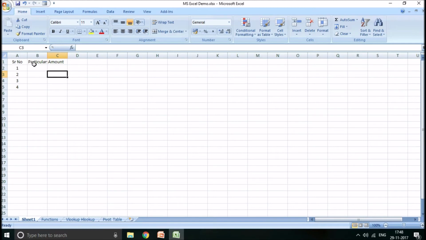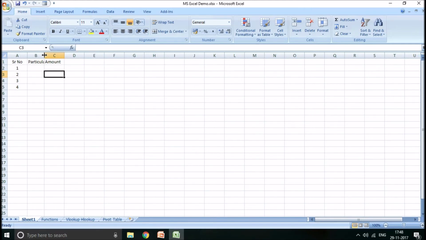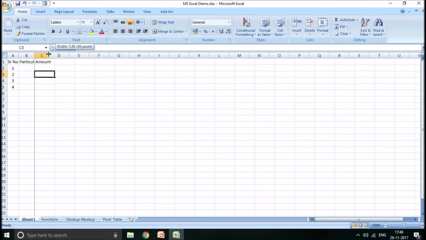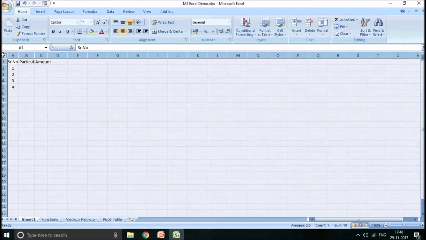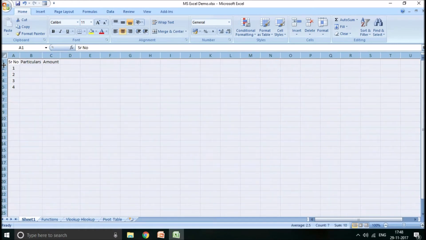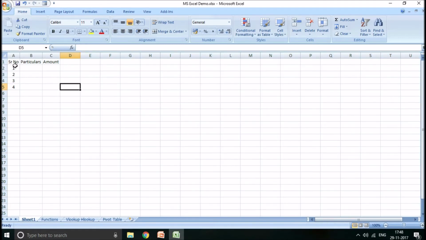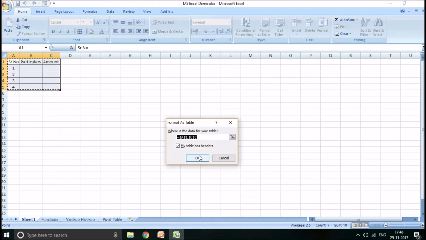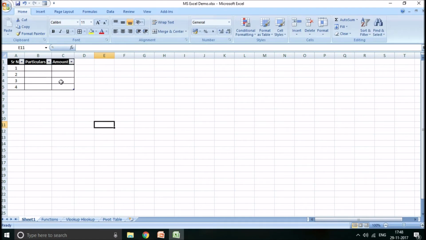Now see, if you look at particulars, it is not aligned properly. To align, you can just double click on the line right next to B and it will be sorted. If everything is not aligned, you can use a shortcut. If you click here, the entire sheet will be selected. Once you click on it, everything will be aligned. All right, so this is how you create a table. You can just select the entire table and draw a border, or else you can also use format as table and use any of the formats which have been given by default in Microsoft Excel. So this is how you create a table in Microsoft Excel.